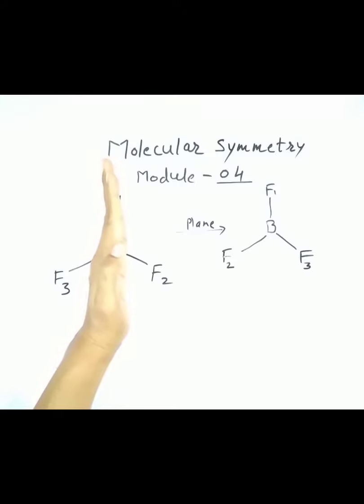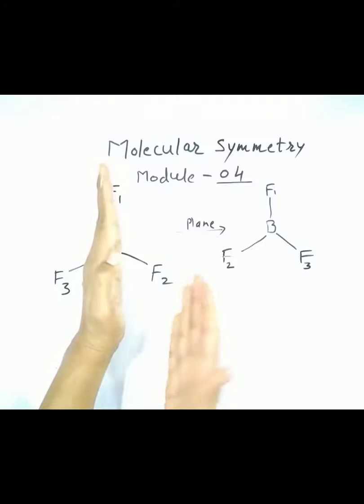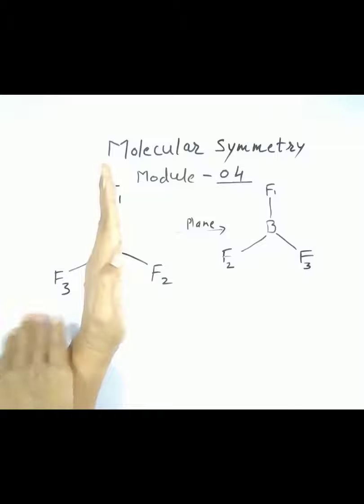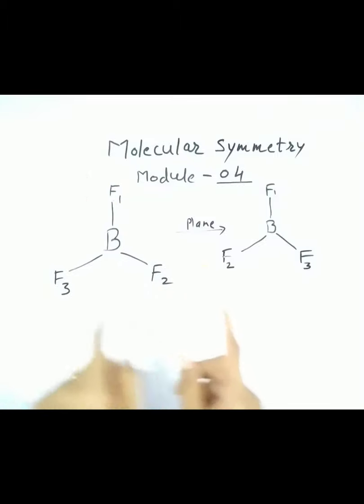As we saw ourselves in the mirror, similarly you have to take one such mirror and keep it in a horizontal position like this. After keeping the mirror over here, the image of this will appear here and the image of this fluorine will appear over here. Same diagram I have written on this side. Now this is the one way I have passed the mirror plane.